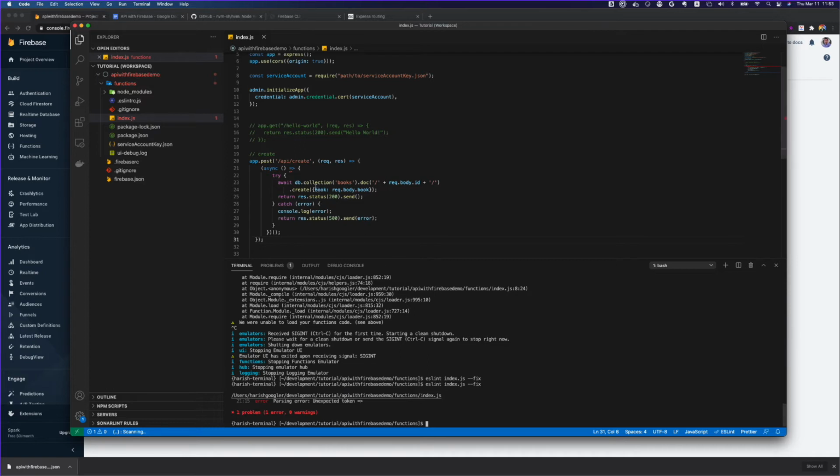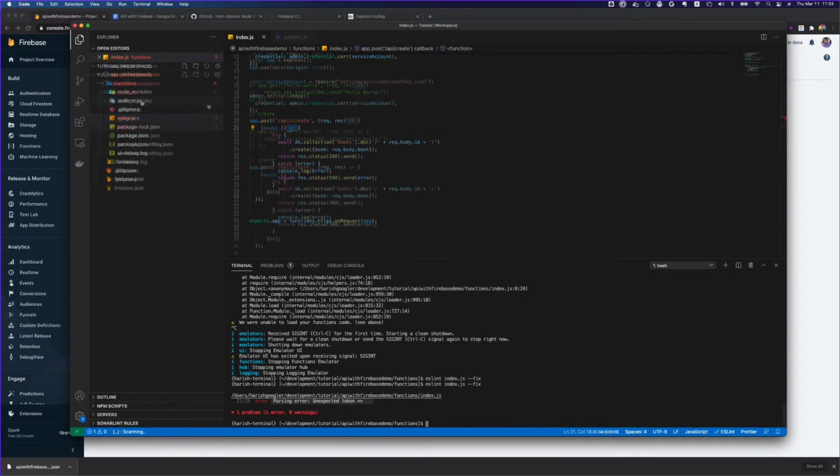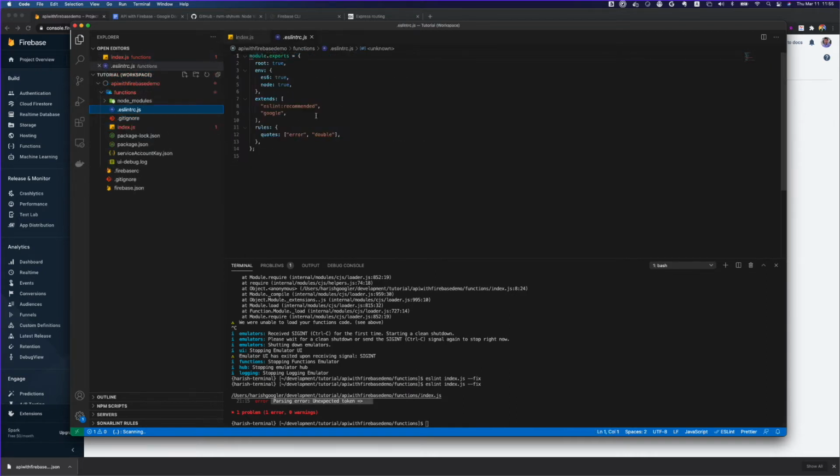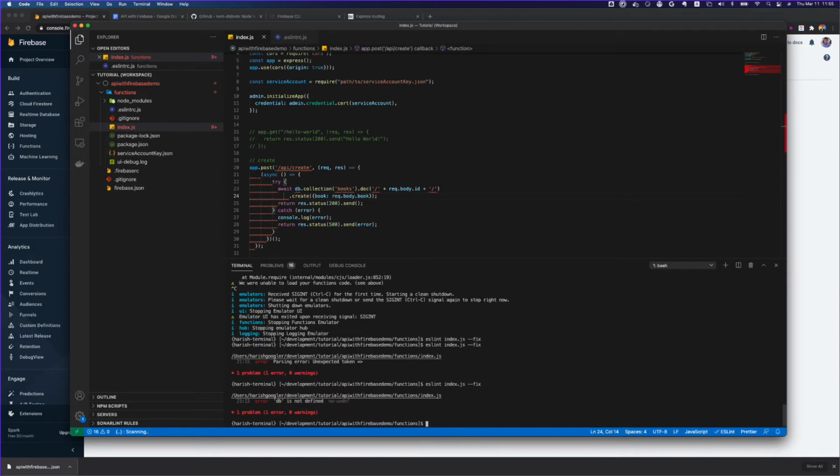Oh, okay. Once you do this, you might be getting an error similar to this, it's not able to recognize. There is a very simple way to fix it. Go to ESLint RC and add parser option. Basically, with this parser option, we are telling it to use ECMA version 2020 and experimental rest and other ECMA features, enable these features and that error will go away. So let's do ESLint fix.